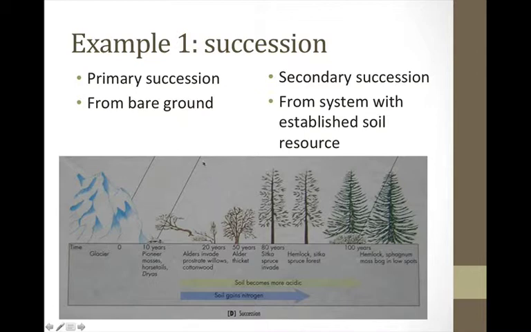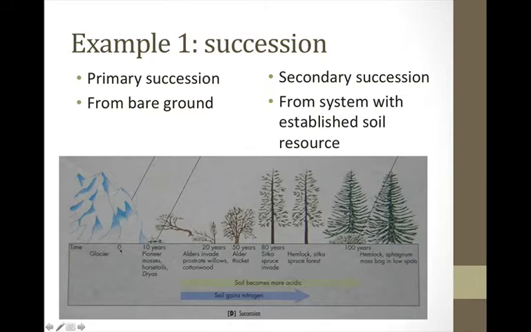So primary succession is going from bare ground all the way to some large trees in a forest. That's a terrestrial system. And this can be studied by, in this case, a glacier that is retreating. 100 years ago, the glacier was way over on the right. 80 years ago, it was up right here where these Sitka spruce started to be in there, and all the way over to the left.